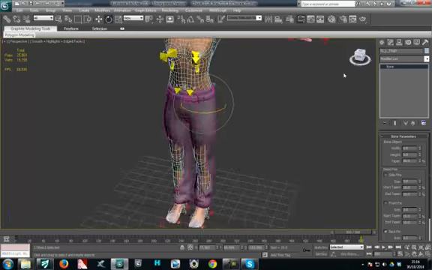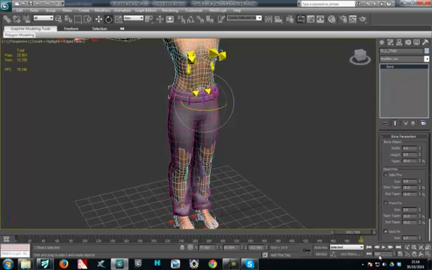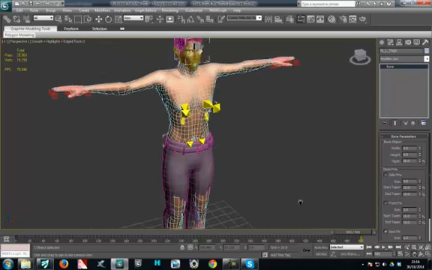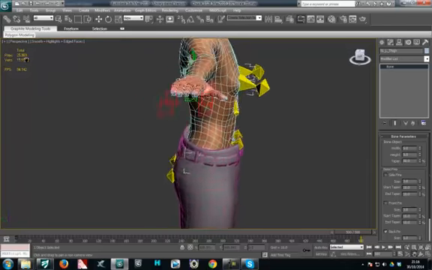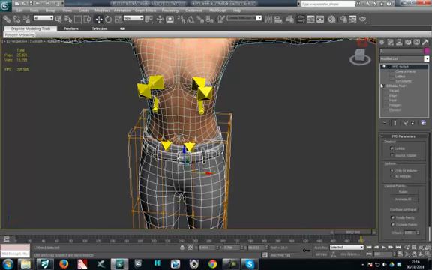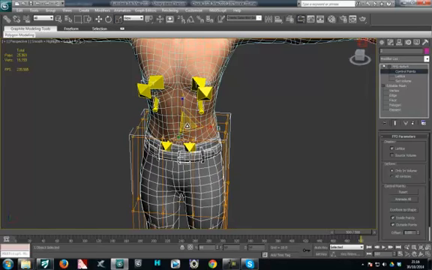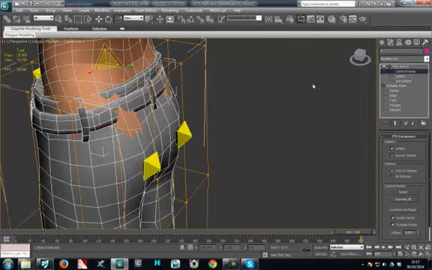Okay, that's not bad. So the thing here to do is, this is where it gets tricky, because if you don't know where the top's going to end, then how can you know where the bottom's going to end? So that is another concern. So that's why I like to do it all in one. Okay, so my control points again. So I'm going to highlight this. I'm going to go to this one first. Select and resize it, and I'm just going to pull it in. You can just see that tightens it up. I just want it to be